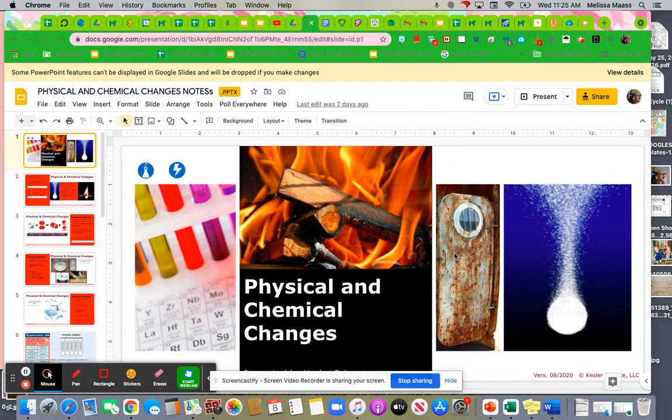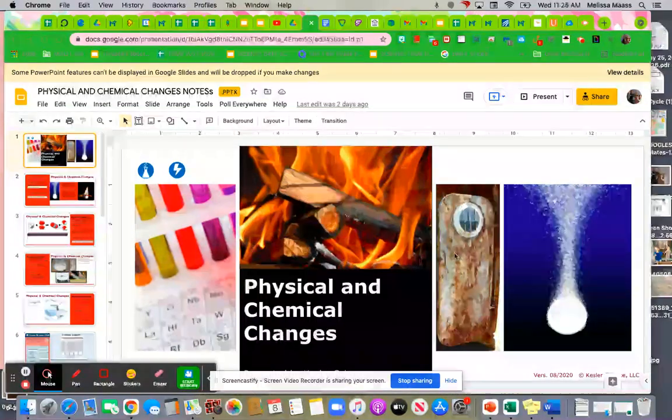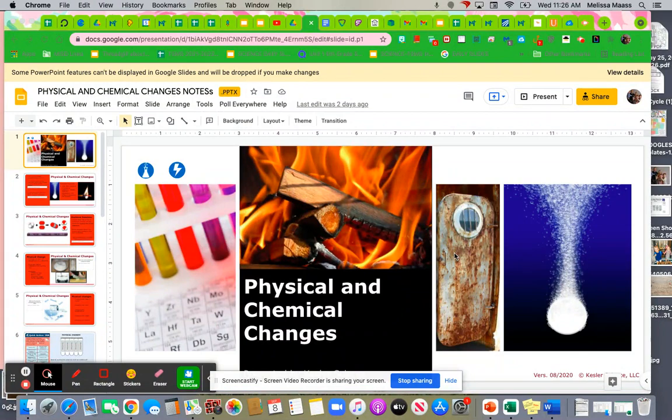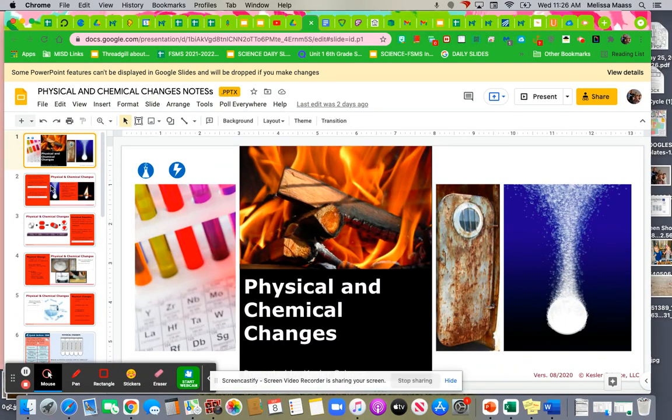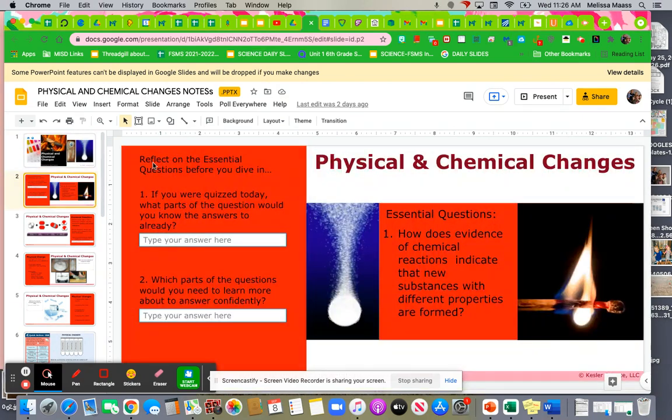Right, y'all. We're going to do physical and chemical changes. Mainly in this unit, we're going to look at the evidence of chemical changes, what pieces of evidence you would see. We looked at this a little bit when we burned our paper in class the other day. So, moving into the second slide, and you should have your notes open and you should be completing this,